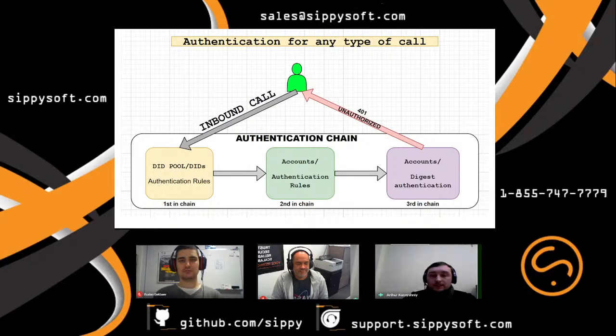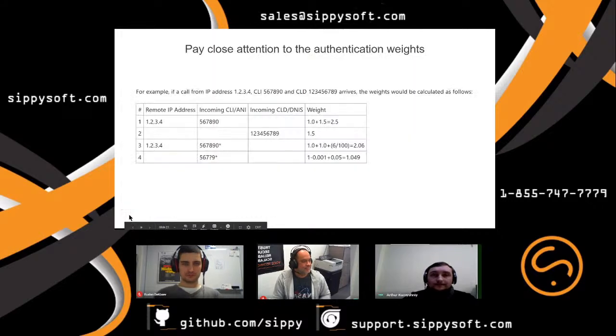If nothing is found, the system will just decline this call. If the call has been authenticated via the digest, the next step is the authorization step. But let's continue with the next slide.